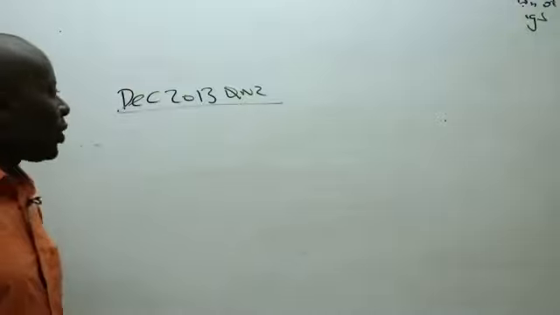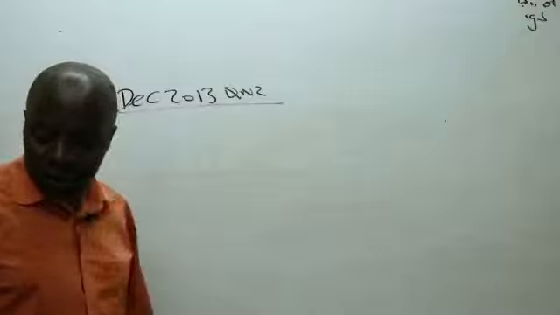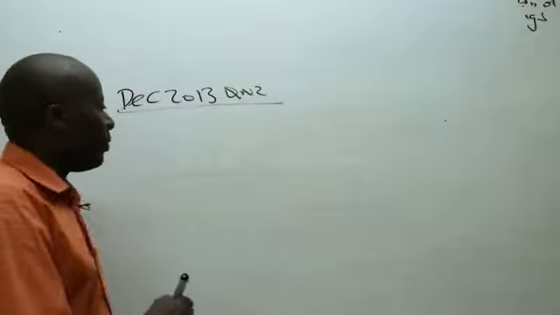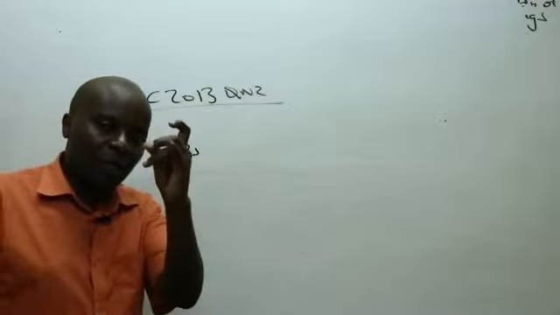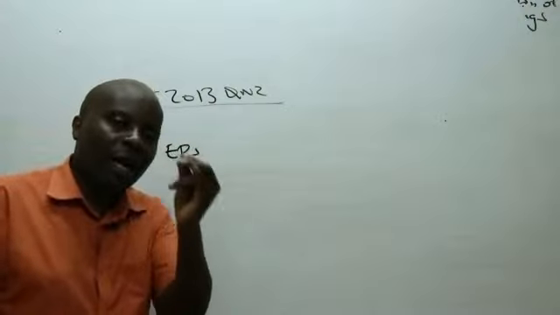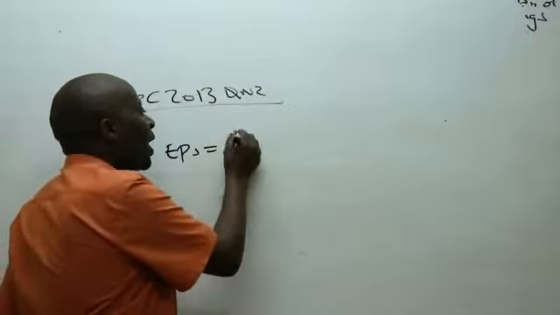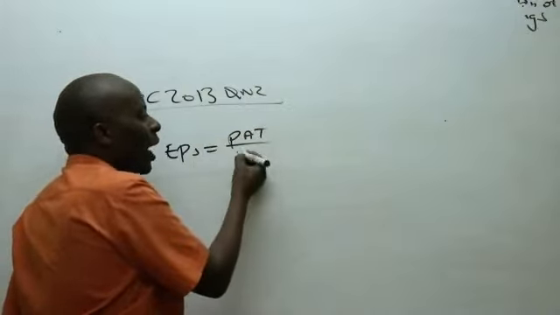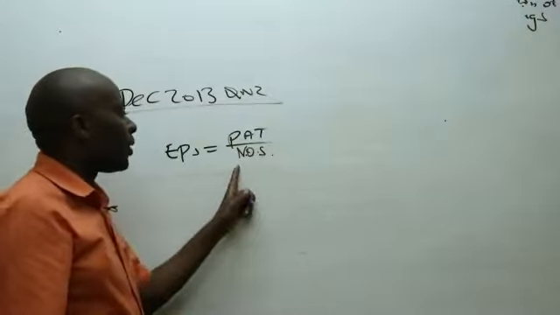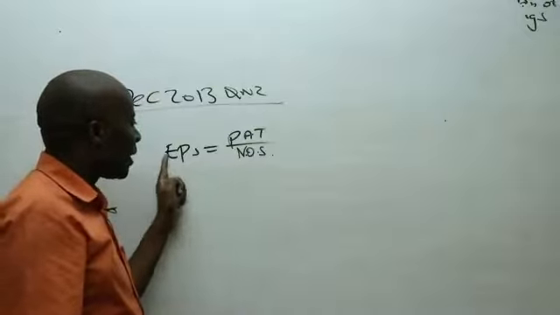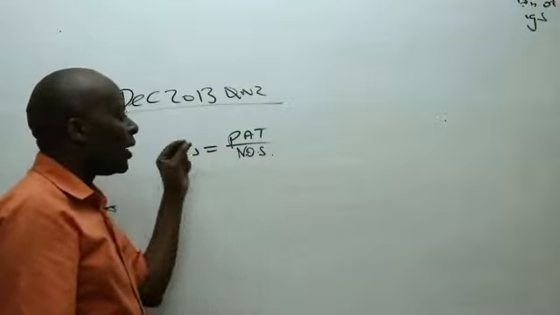So we have a good student here who wants us to differentiate between earnings per share and the dividends per share. Remember, how do you normally get earnings per share? I'll go to the profit statement and pick the profit after taxation. The profit after tax is what I will distribute out using the number of ordinary shares that I have. So to get earnings per share, I will take the total earnings divided by the number of ordinary shares.